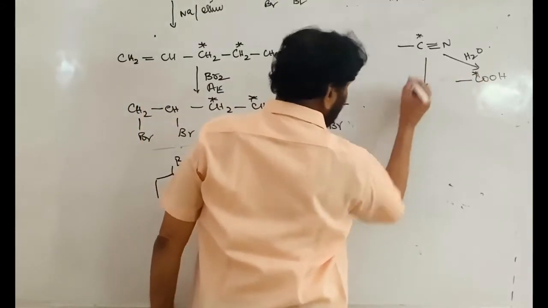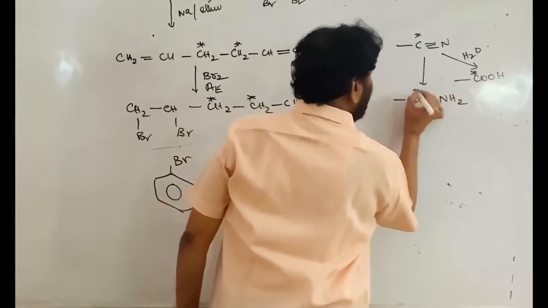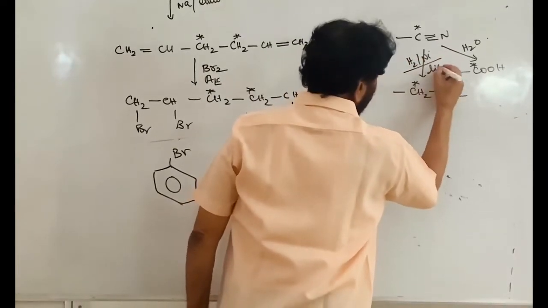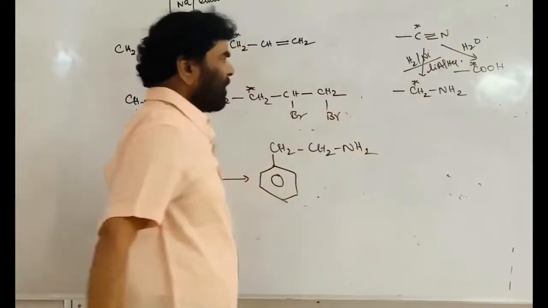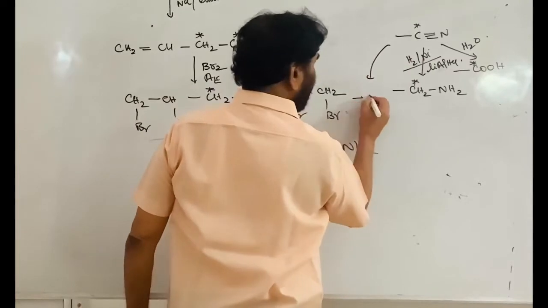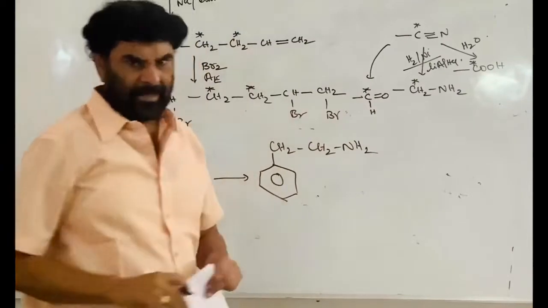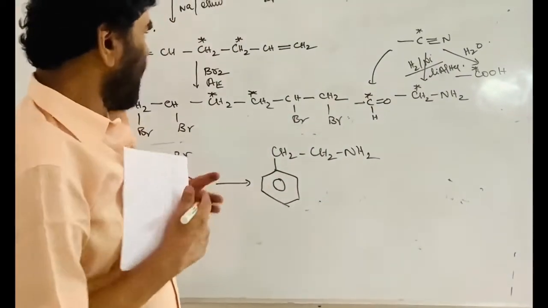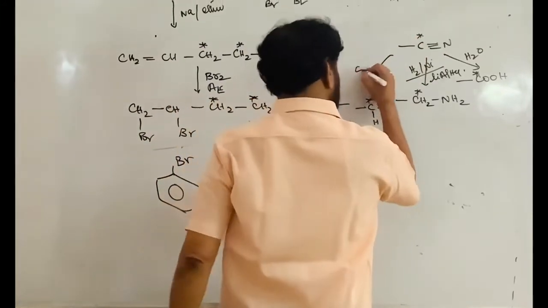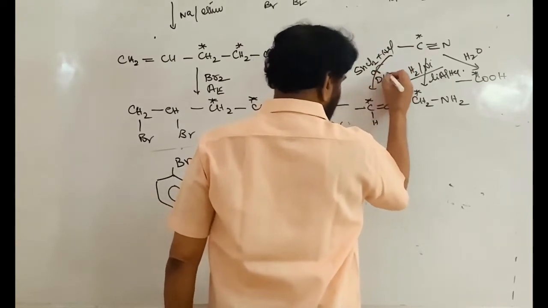And this can be converted into CH2NH2 by treating with hydrogen and nickel or any other thing, lithium aluminum hydride. We discussed those reactions. And it can be converted into the aldehyde group. The star carbon is converted to the aldehyde group. These are the important reactions of cyanide. This is carried out by treating with SnCl2, Stephen's reduction, SnCl2 plus HCl, or DIBAL-H.